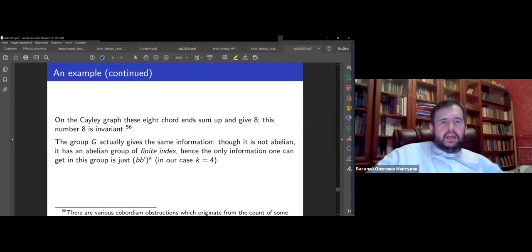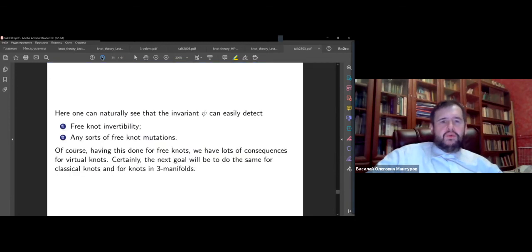And actually, for G, we had nothing but just this thing to the 4. And actually, this thing is just the generator of the Z group, which is comparable with the initial group, of finite index, actually index 4. And now we see that invertibility, or whatever mutation you invent, in our powerful group C, we can have this.